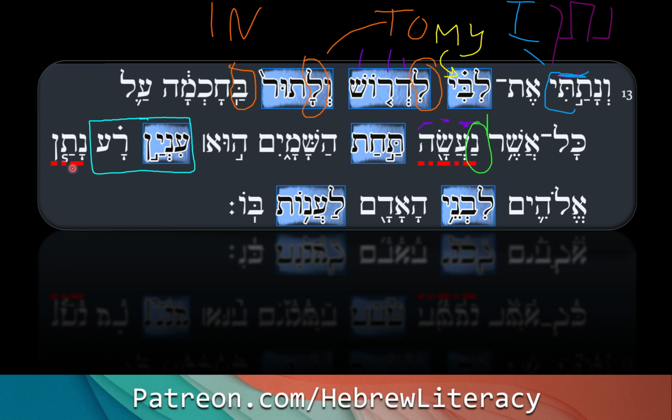Natan, and we have the red dashed underline showing it's a perfect verb again. Usually 90% of the time, perfect in Hebrew is going to map to past tense in English. Don't be confused if you've studied modern Hebrew dialect, where this is pretty much always a past tense. It is not in the Bible. It's not really past tense. It's really perfect, meaning a completed action. So you will find prophecies where this is used.